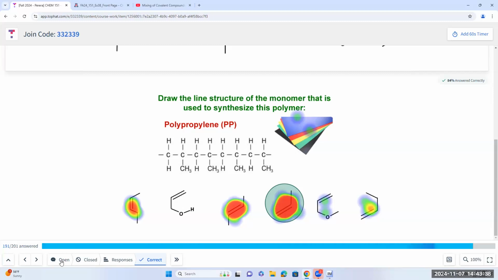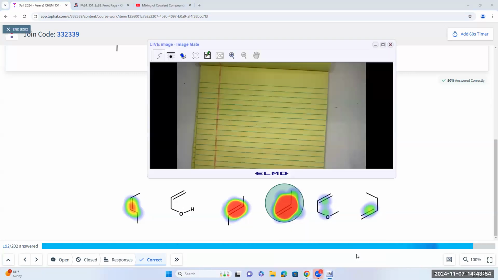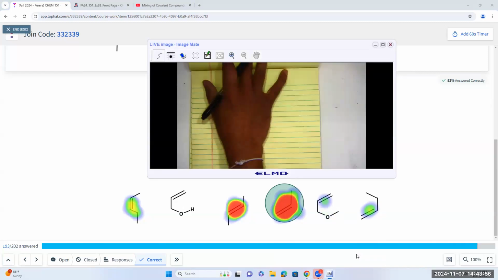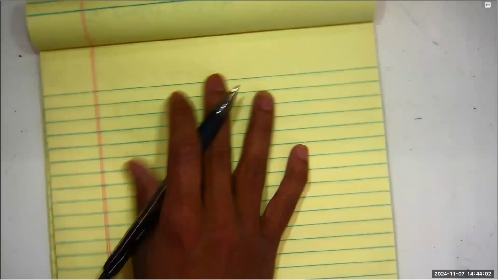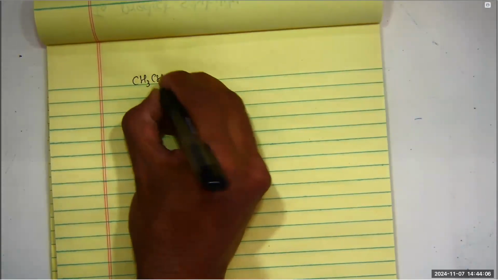So this is going from polymer to monomer. Now let's think backwards, from monomer to polymer. I'm going to give you a monomer. Actually, I'm going to give you the Lewis structure of the monomer to make things spicy. So we have CH3,